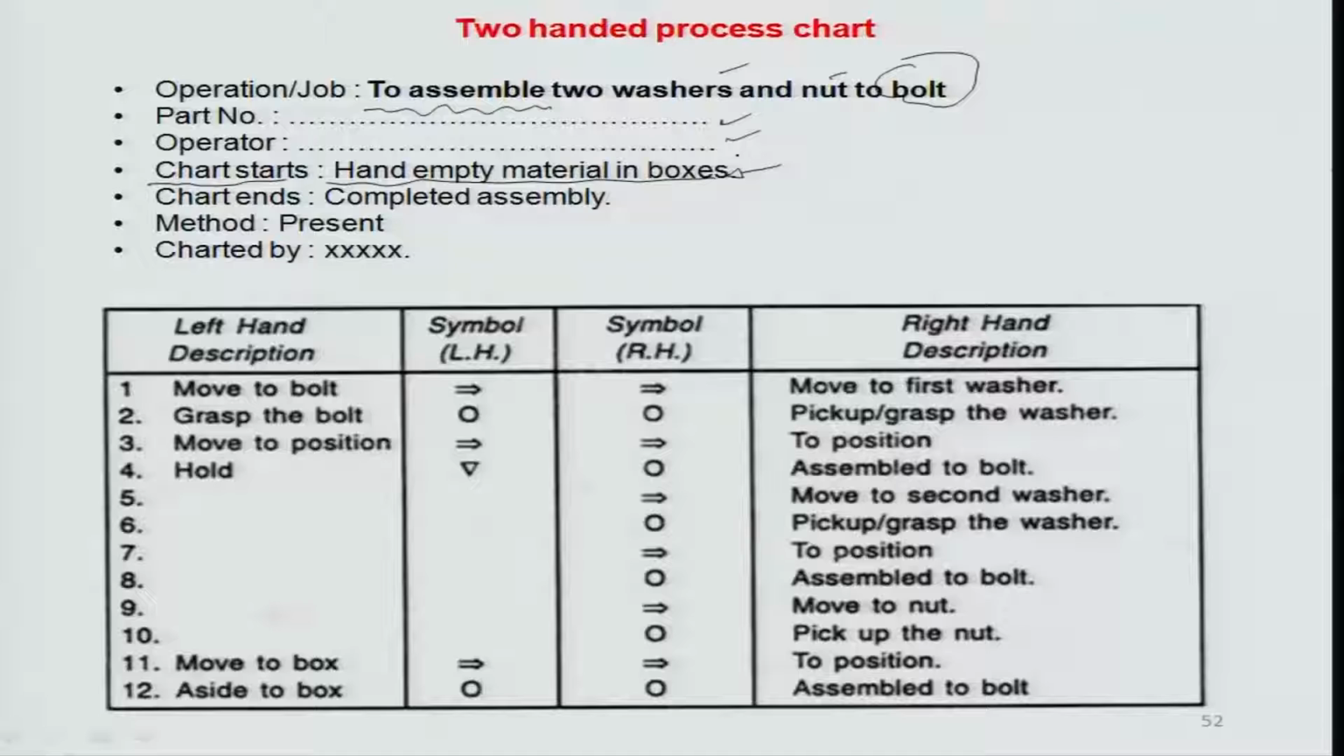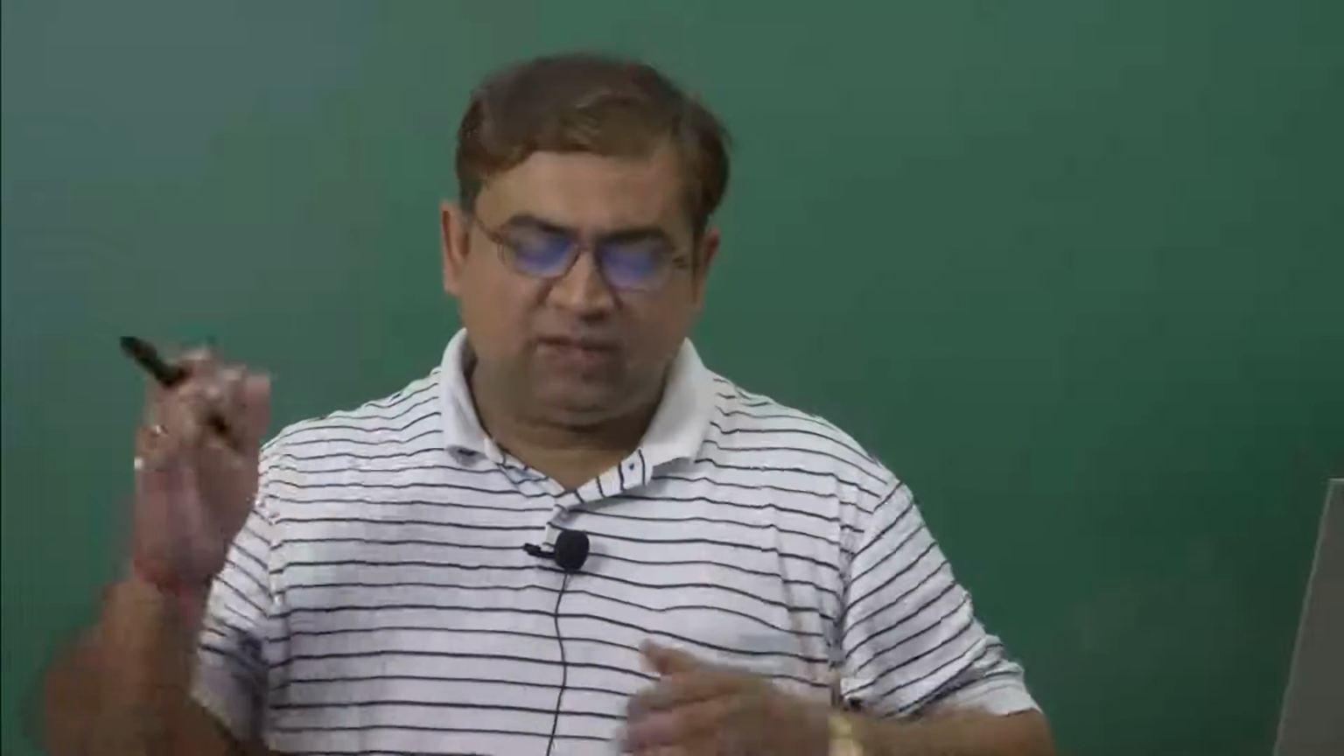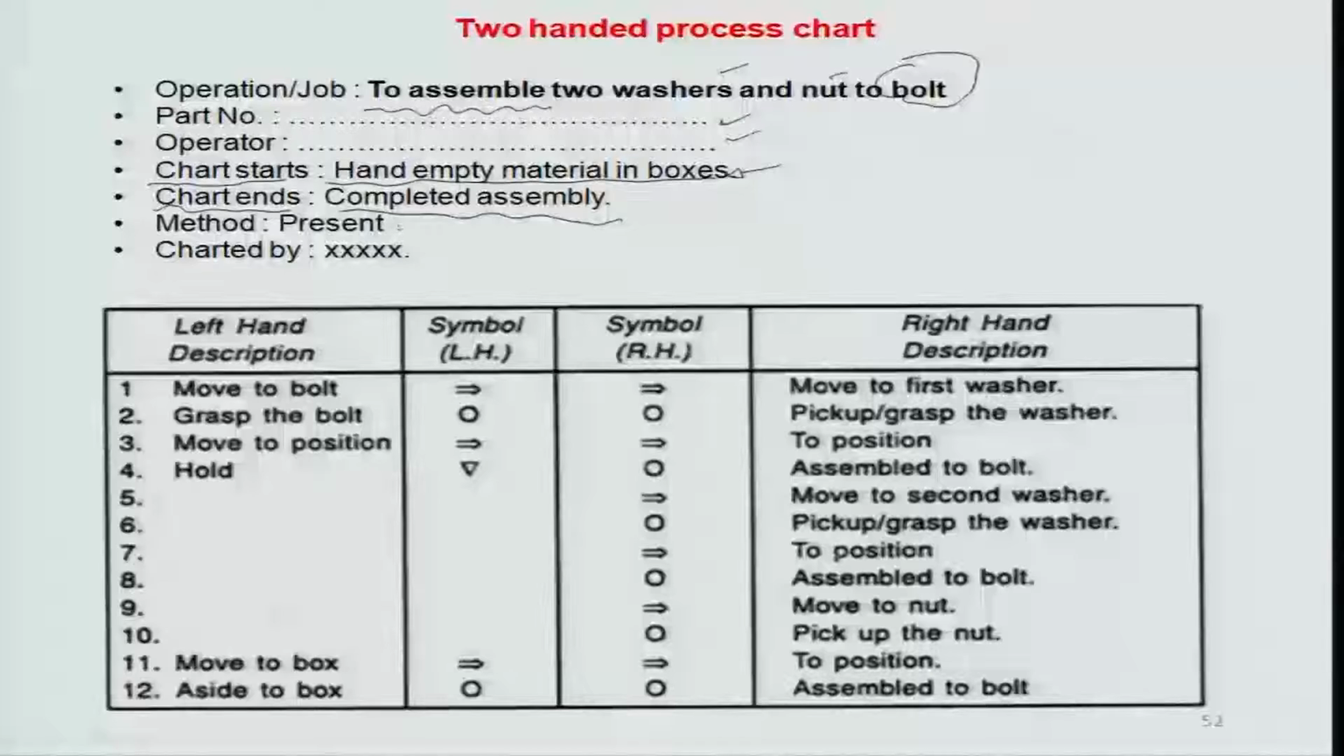Okay. So, that is how you define the start of recording this process chart, and then the chart ends when the assembly has completed. So, this is giving a span of what exactly the process is, and up to what extent the process is. So, it kind of domains the process into 2 different operations. You have a method which is being used, which is the present or current method being done by the operator, there is no change,